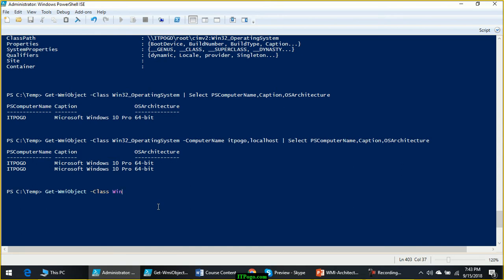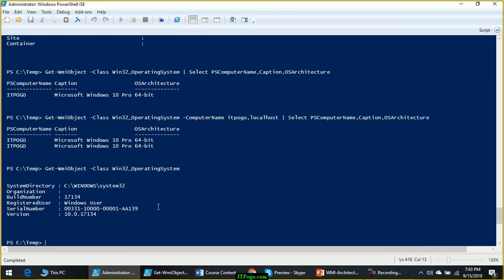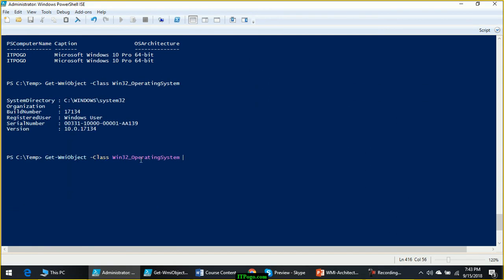Local hard drive details will be given using Win32 underscore, no sorry, not operating system, logical disk.